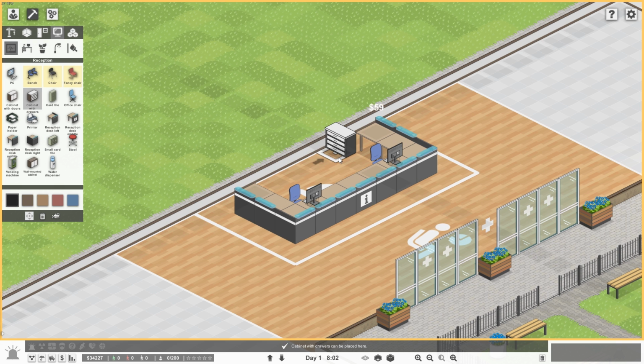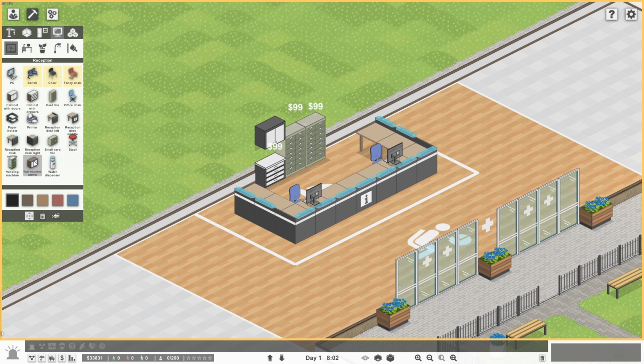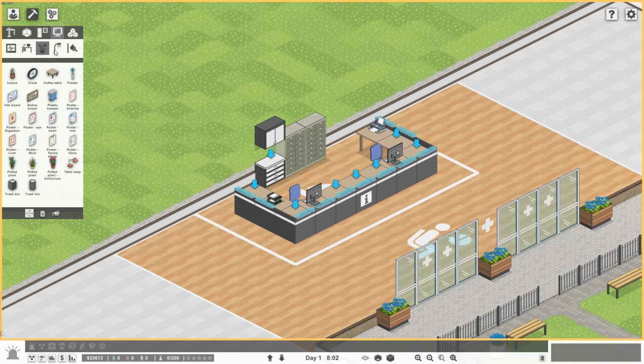Cabinet with drawers. I was hoping they could go underneath. Okay, well, they can go... I've got a cabinet with drawers there and a couple of card files. That's probably going to be the most useful stuff. And let's get a printer on here for them. Paper holder. That's kind of all they need, really. They don't need actually that much stuff. There's probably some more interesting things they could need. But actually, for working...